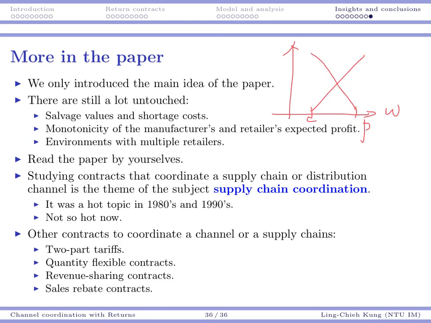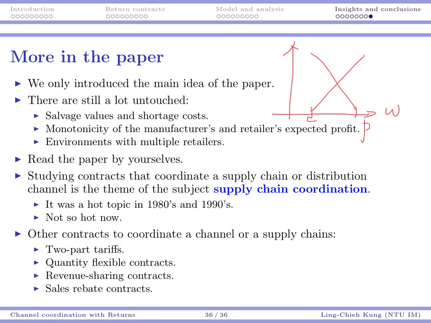Finally, the paper even showed that if there are multiple retailers, it is impossible for the manufacturer to coordinate everything here. So it's very interesting to see what's going to happen if there are multiple retailers. And if you want, read the paper by yourself. In general, this opens the field of supply chain coordination or channel coordination about how different formats of contract may or may not